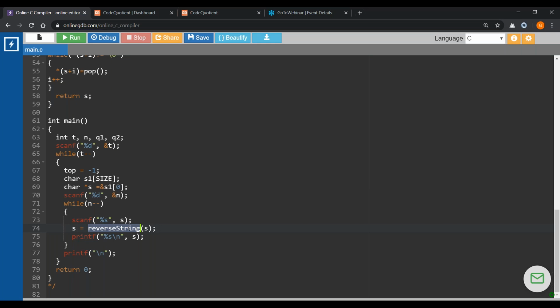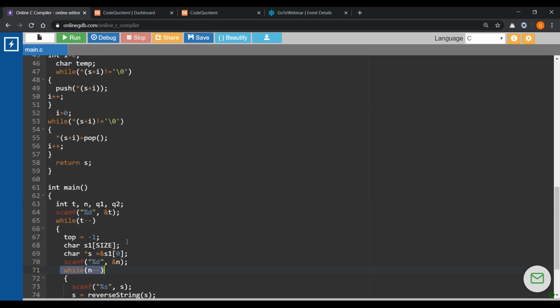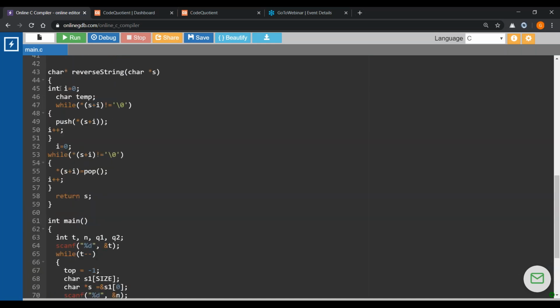We have to go to the end and then just pop the element, and that has to be stored in the array. Okay, so that is the funda we are going to use. But this was about the main. That means this is to handle the test cases. This is to handle the number of strings. Clear? So let's see what logic we have to use in the reverse string.